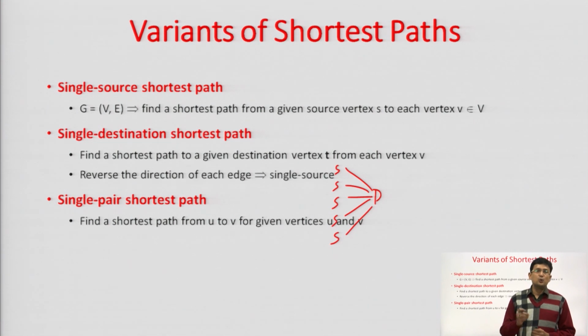Another one is the single pair shortest path. It means the source is decided and the destination is decided. There is a single source and a single destination, and you have to find out the distance between these two